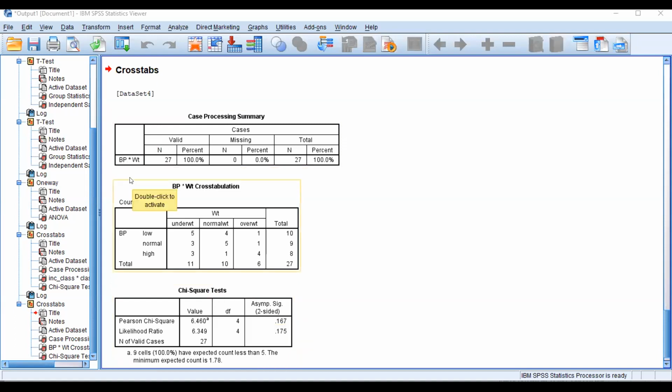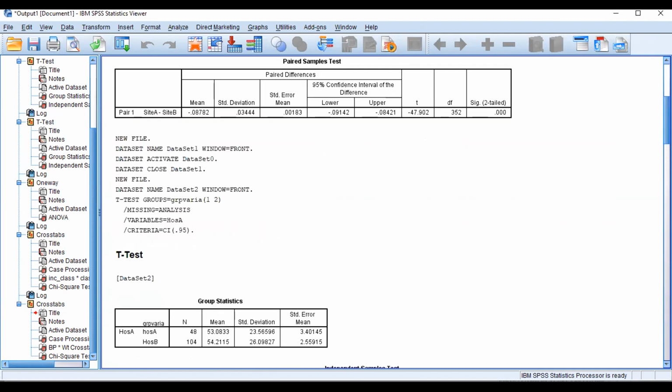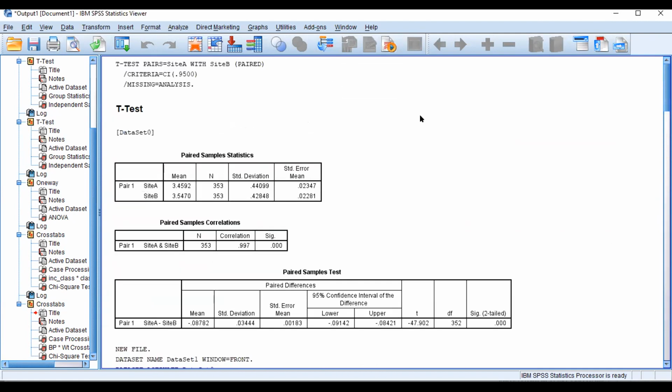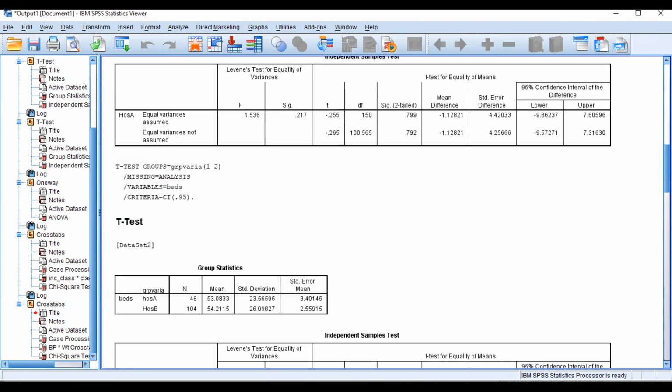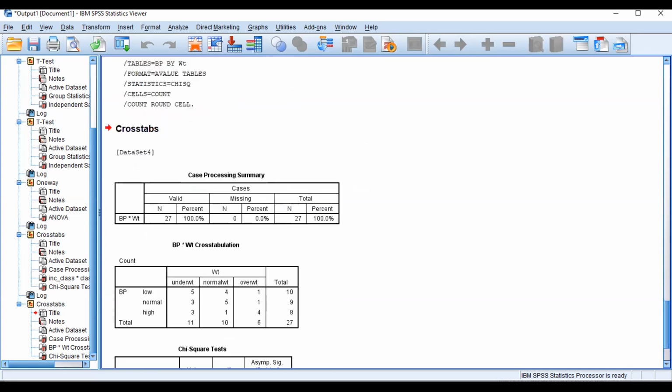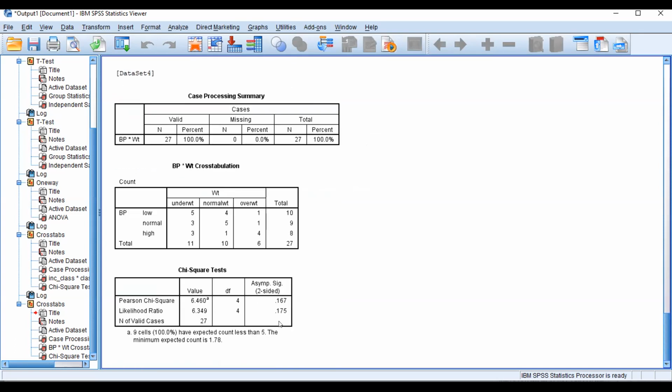It means blood pressure and weight do not have any dependency with each other. They are independent of each other; there is no relationship between the blood pressure and weight of the person. So this is the chi-square, when we check a qualitative variable's dependency with another qualitative variable. This was all for today, and I tried to cover maximum examples to make you understand things. Now I welcome your questions.